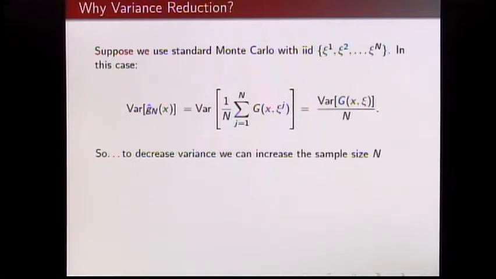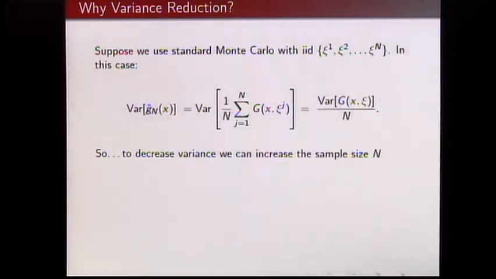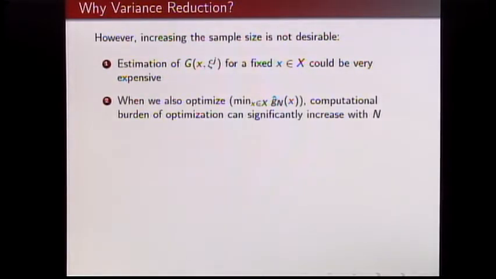And especially when we're dealing with optimization. Even if we don't deal with optimization, just like we're doing here. So far there's no optimization, right? I'm just trying to estimate it for a given x. So even with that, I don't want to increase the sample size n, right? Just a side note, by the way, this variance is typically not known, but you can estimate it just like a regular sample variance, and that's what you do in classical statistics to form confidence intervals, or approximate confidence intervals. So I don't want to increase the sample size, definitely, even when I'm not optimizing, because